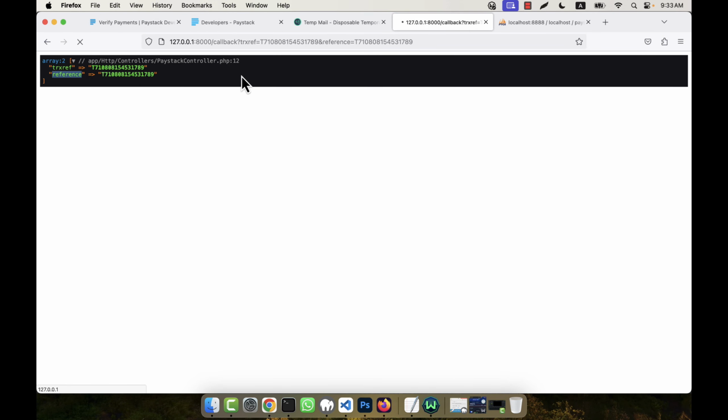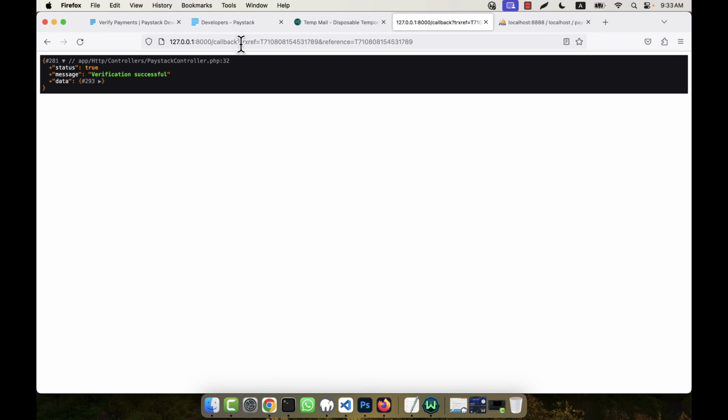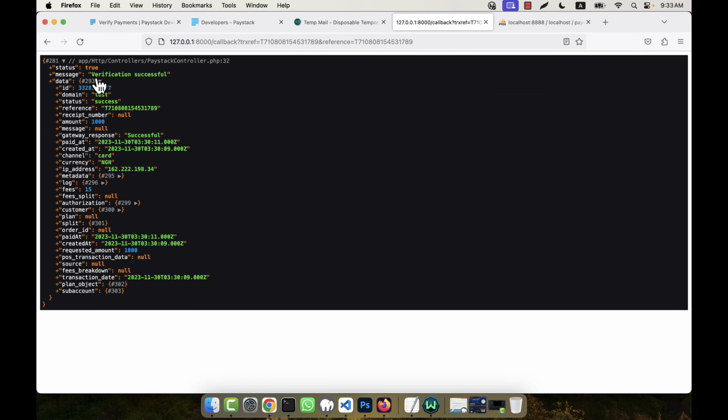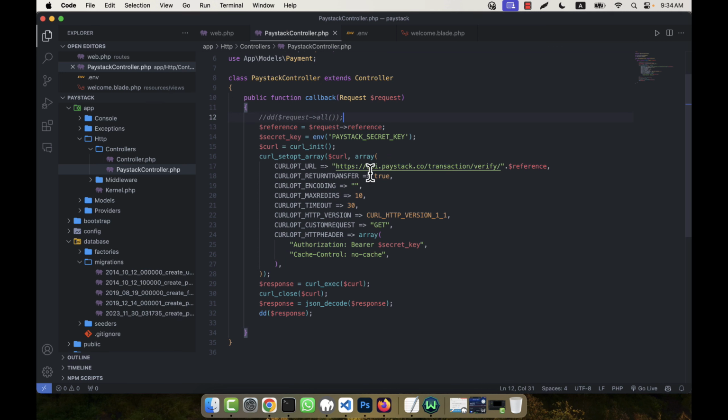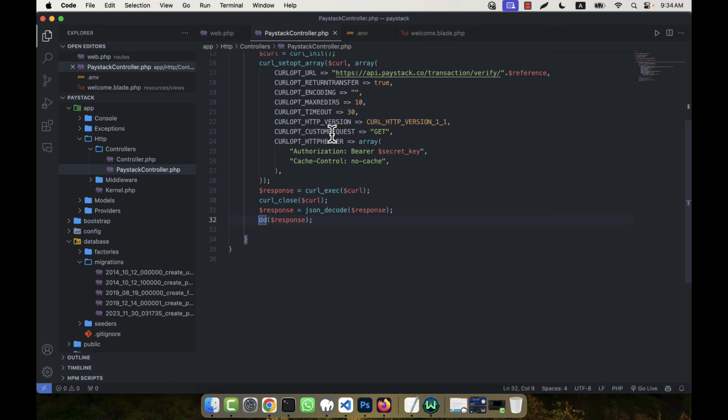So just refresh. You will see by this data I am going to get all the data here, and message is verification successful, status true, and you see in the data there is a status success. That means the transaction is successful. And reference is this, you will get all the data from here. So here I am going to get the currency, then the reference. As the payment ID I can use the reference,